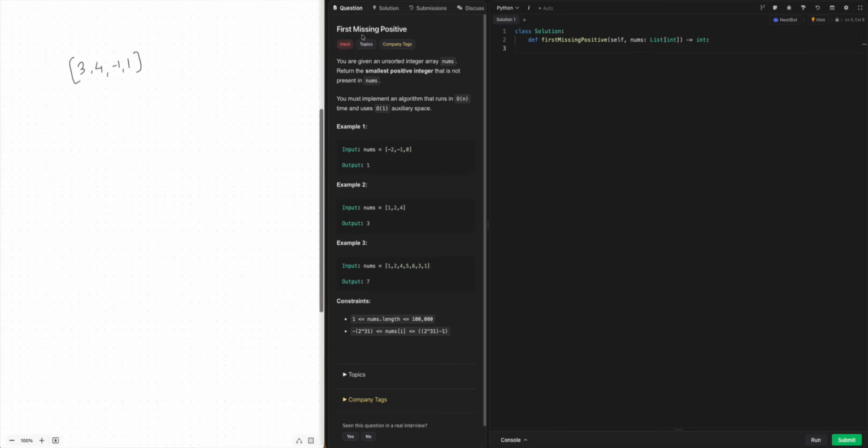Let's solve this problem, First Missing Positive. Given is an unsorted integer array nums, and we need to return the smallest positive integer that is not present in nums. Before moving forward, yes, we all are aware